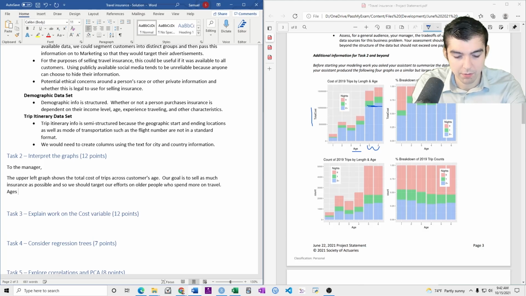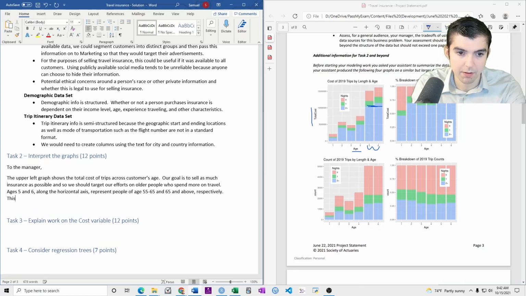Ages 5 and 6 along the horizontal axis represent people of age 55, 65, and 65 above, respectively. This is almost the bars twice as high as younger people.